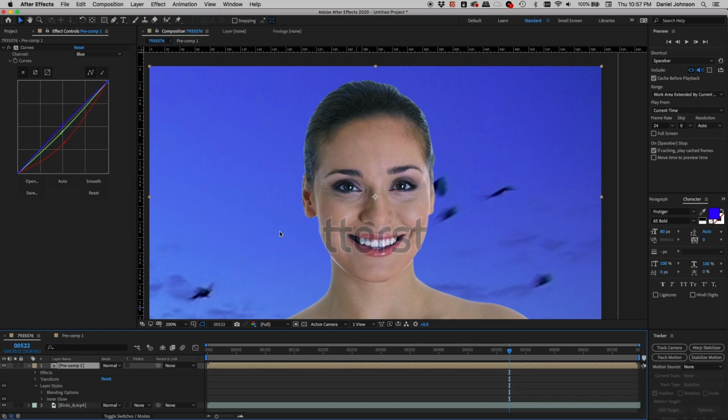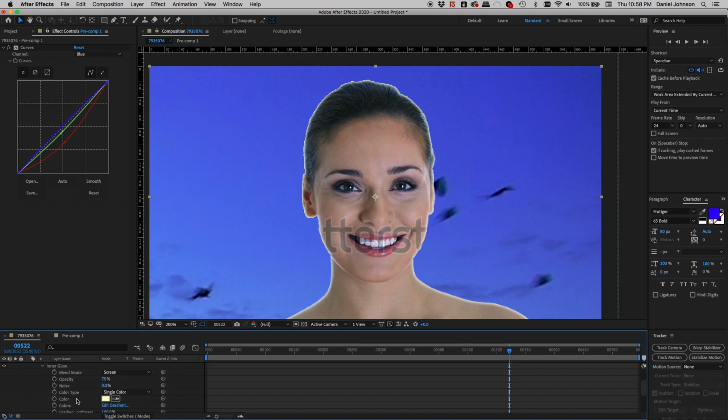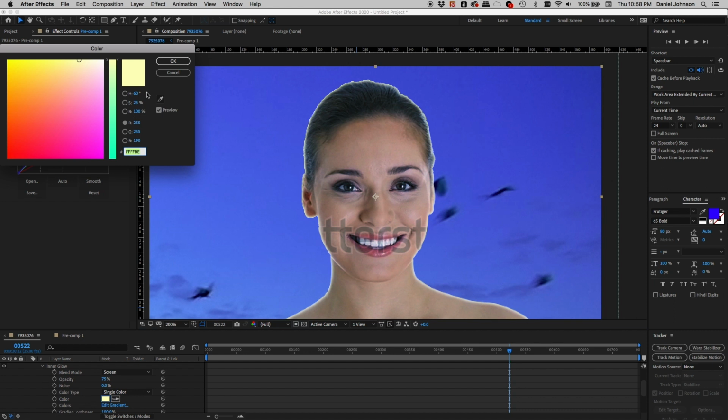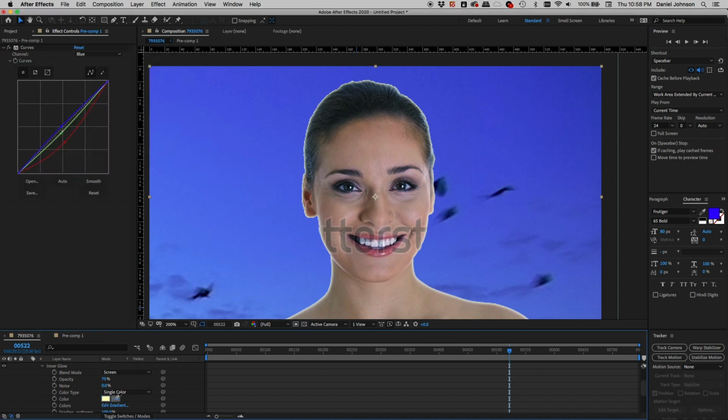So I'm going to put an inner glow on this layer, and you can see that by default, I'll kind of scroll down here, there's my layer style, there's inner glow, okay. It's screen, and I don't really want that, I don't want to brighten it up. And you can see the color, this is something like that. I'm going to click the eyedropper and I'm going to pull a blue from this background here. Okay, now it's blue, but it's still screen. Screen, of course, is good for highlights, and it's brightening up this